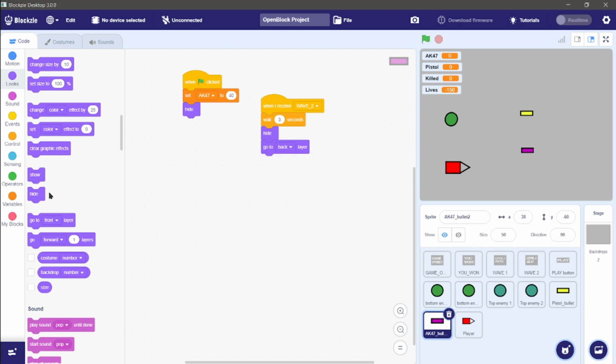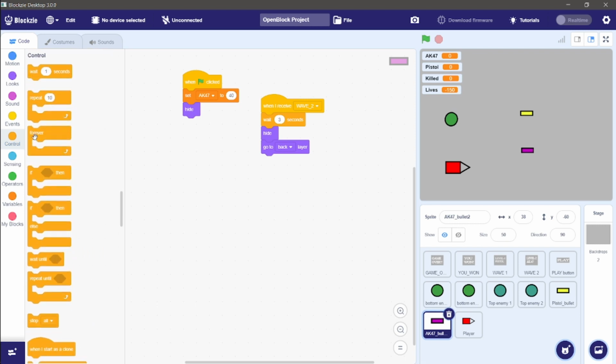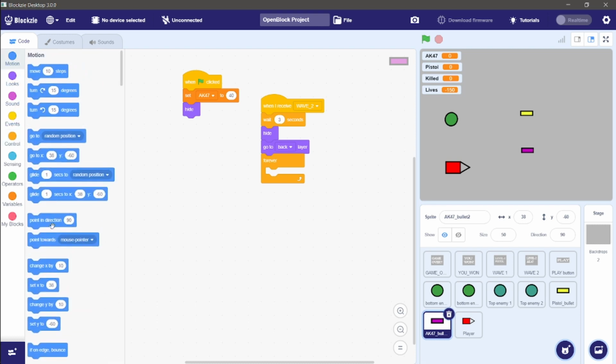After that it will start its process, which is point toward mouse pointer,